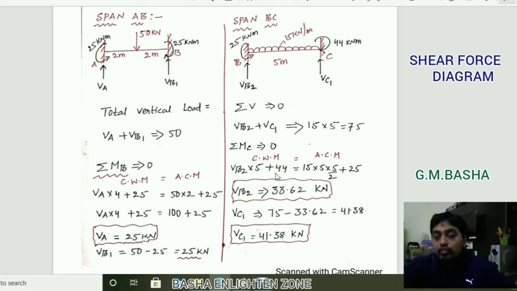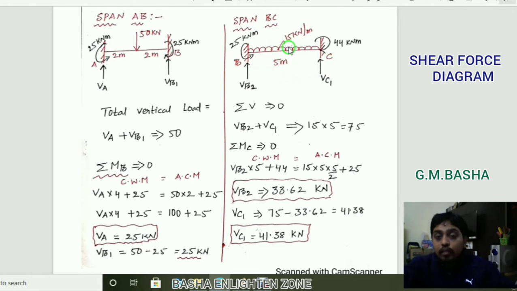Therefore I am taking plus 44 equal to what are the anti-clockwise moments acting on the span? So one will be 25, which is acting anti-clockwise on the span. That is the reason I am taking it directly, plus again, what is this UDL? This UDL is also acting anti-clockwise up to C here. See here, up to B it will be clockwise, so up to C it will be in the anti-clockwise direction.